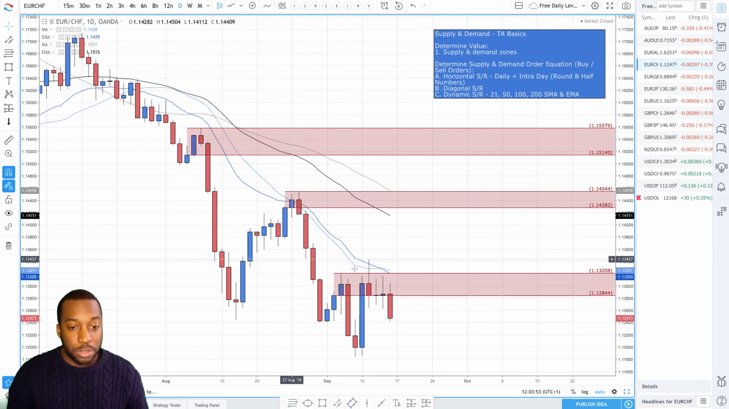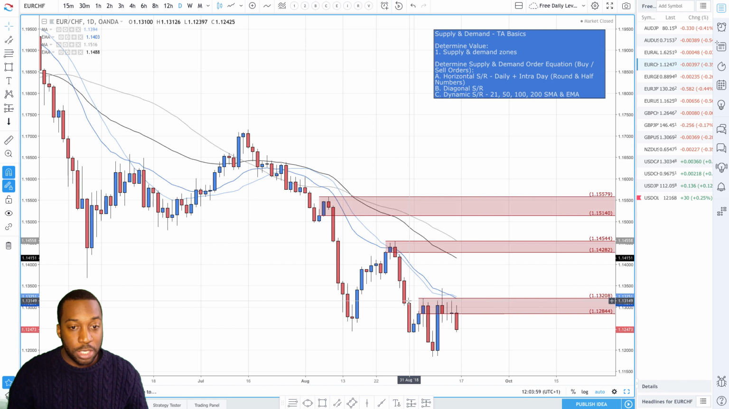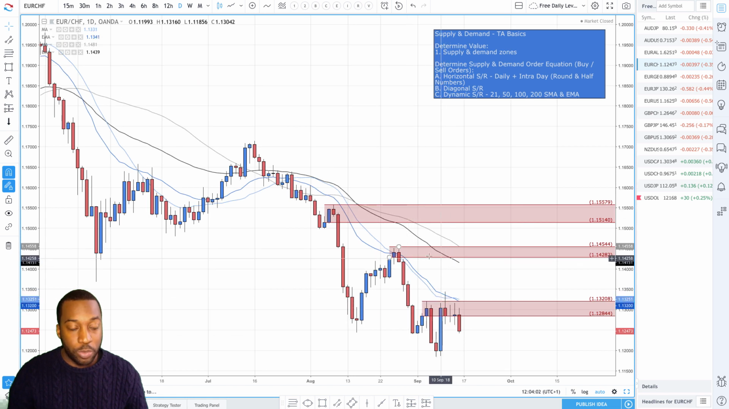Euro Swiss, and prices did come up last week into this supply zone here as we created lower highs, lower lows, and you can see prices started to sell off. They hit the 21 moving averages as well. So let's look at this from a